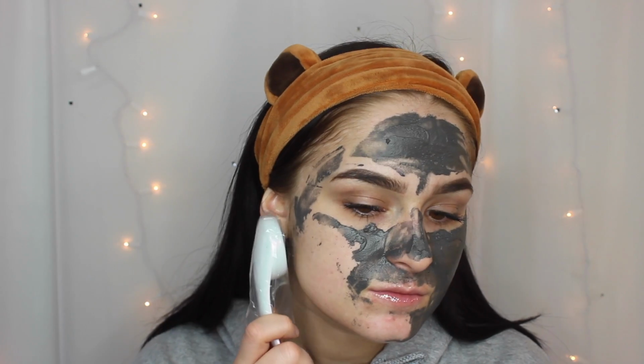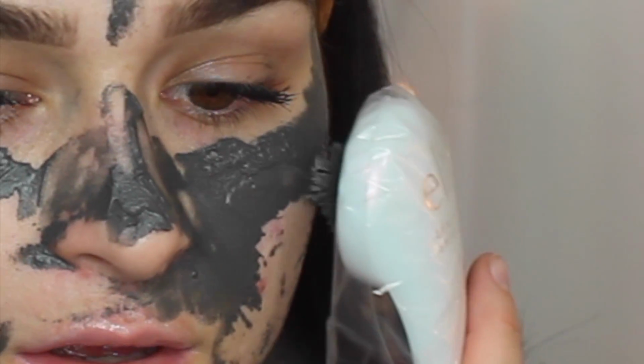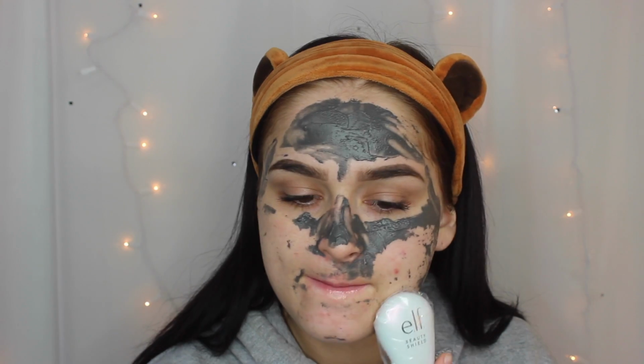So apparently magnets can affect your inner ear, which can make you feel dizzy and lightheaded, which I think is what happened to me. So just letting you guys know. My skin does feel really smooth and soft and nice, which I like. It's good. Now another mask that they have is this hydrating water sheet mask, which is just a single-use paper